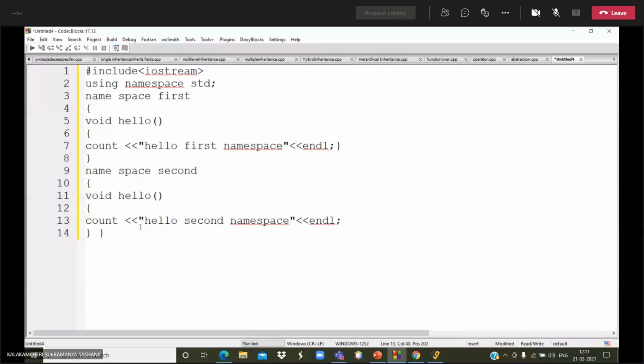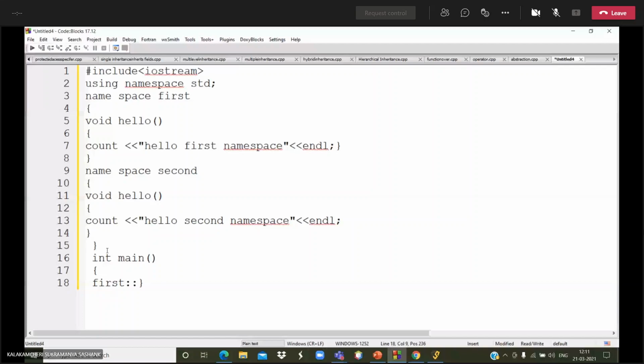In the main function, I said that with the help of the scope resolution operator, we can differentiate the same variables.